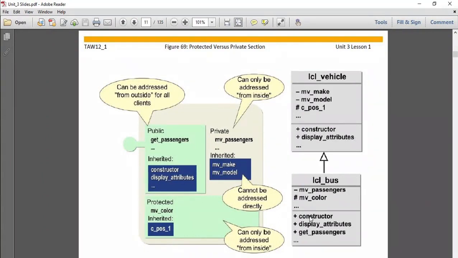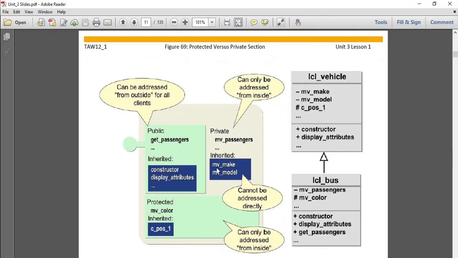This is a UML diagram representation, and you can also see we have declared here the public section. This public section can be addressed from the outside by all the clients. But we have declared it private. Private means it can only be addressed from inside the class. We have declared here MB underscore make, MB underscore model.